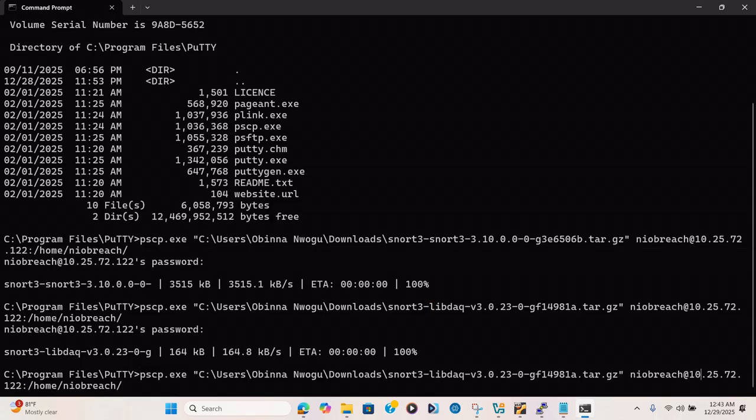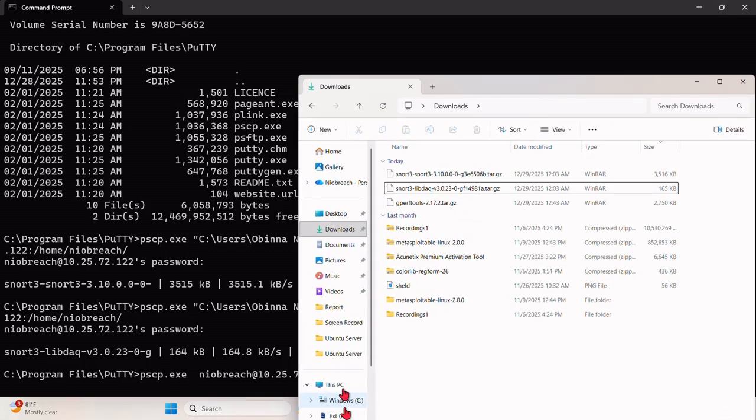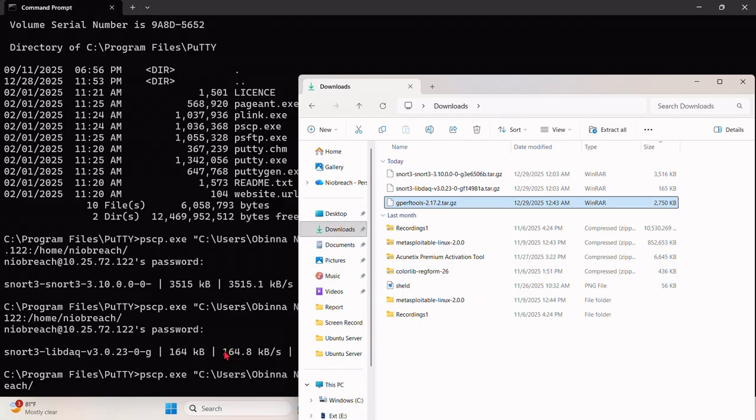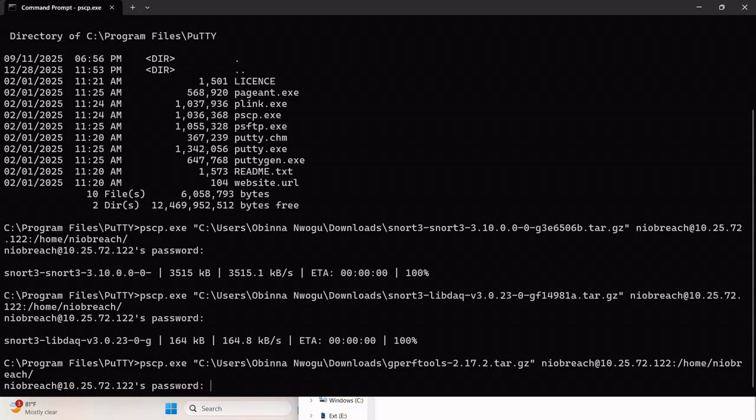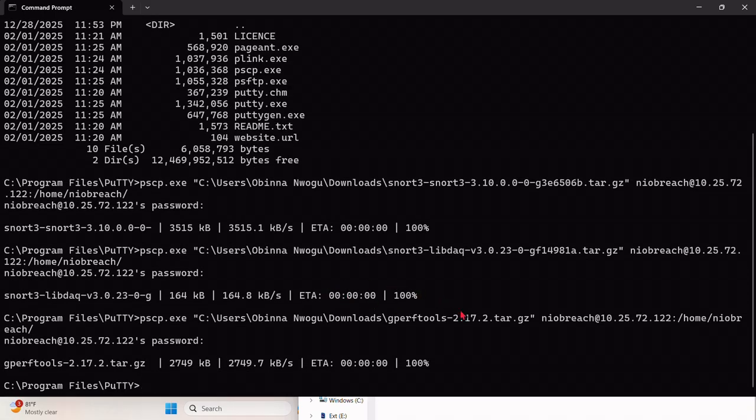So same way we moved Snort, the same way we are going to move GPF tools into the server. So we come here, we drag, and we drop. Alright, and we hit enter. Type in the password of the server. Alright, so it has copied that file into the server. So let's switch over to PuTTY and